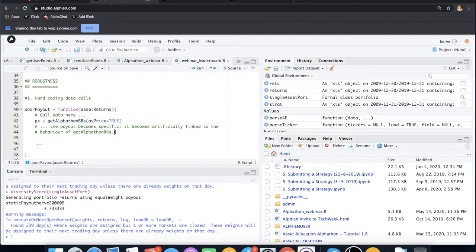What do I mean by that? I mean that if for some reason you think your payout is good and you want to adapt it to take one more building block, let's say you have done that on 2 building blocks, and actually you're like, oh, I think we can add another building block. Then you have to change your whole payout.